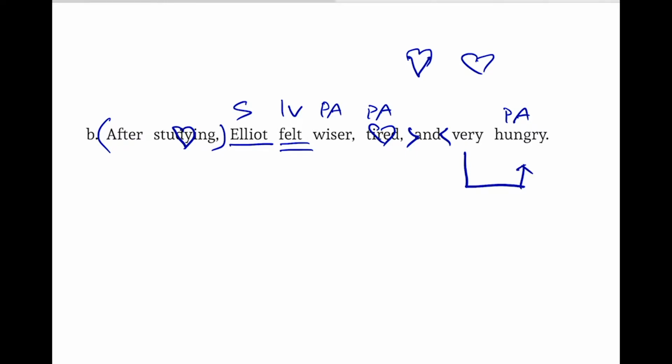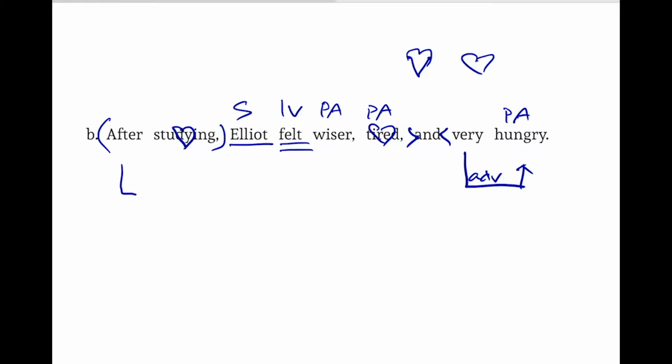Elliot is hungry, but he's very hungry, and this is an adverb, and this word very is modifying how he feels. He feels hungry, very hungry, but it's also connected with hungry. How hungry? Very hungry. Well, after studying, actually together, these two words as a phrase are functioning as an adverb, modifying the verb felt. So from this clause, we'll draw a line here to felt,